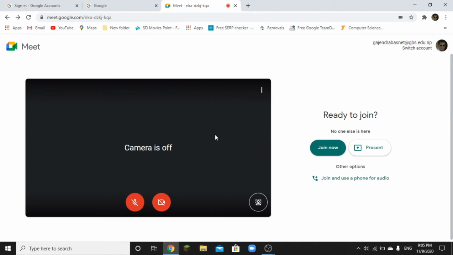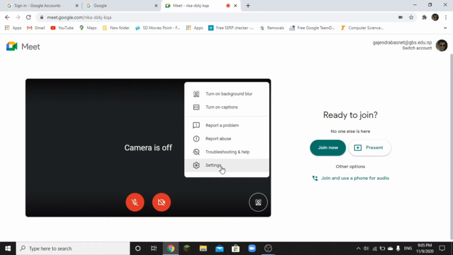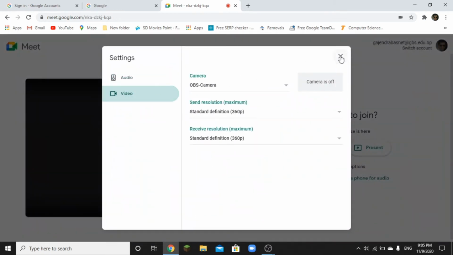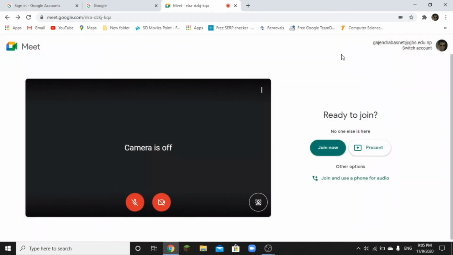So what happens actually in this Google Meet, whenever you turn on the camera, then OBS camera will work, and OBS camera is going to capture the video, not this camera. So the integrated camera is busy in the OBS software, which will give you a fine and correct image, and that image goes to the student. So this is the teacher part. In the teacher login, you have to go to your Google Classroom and change the camera setting by clicking these three dots, and then settings, and then set your webcam as OBS camera. After doing this, your job is done.